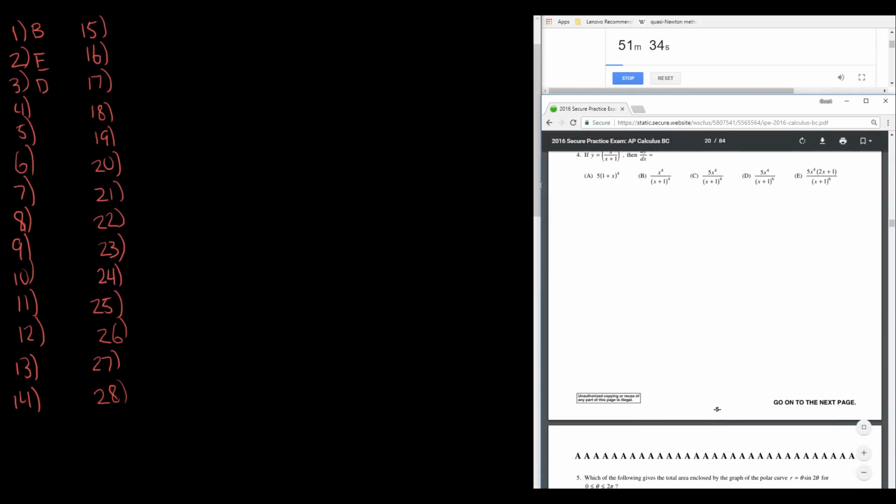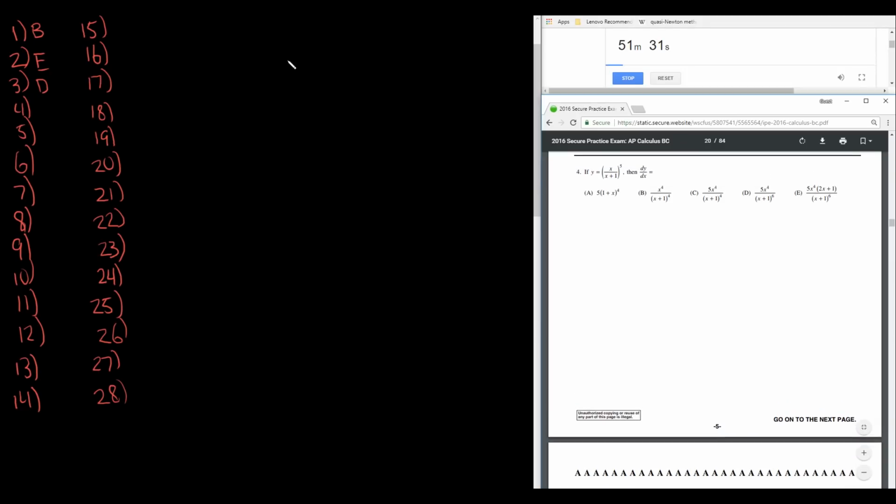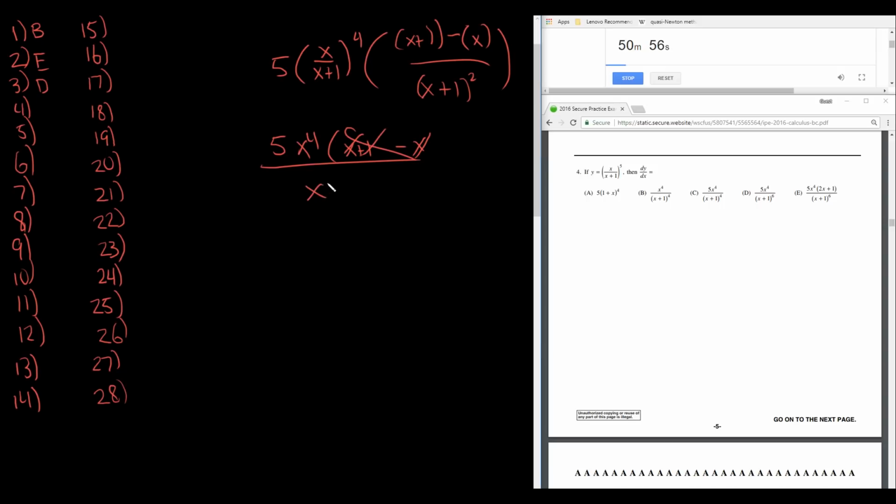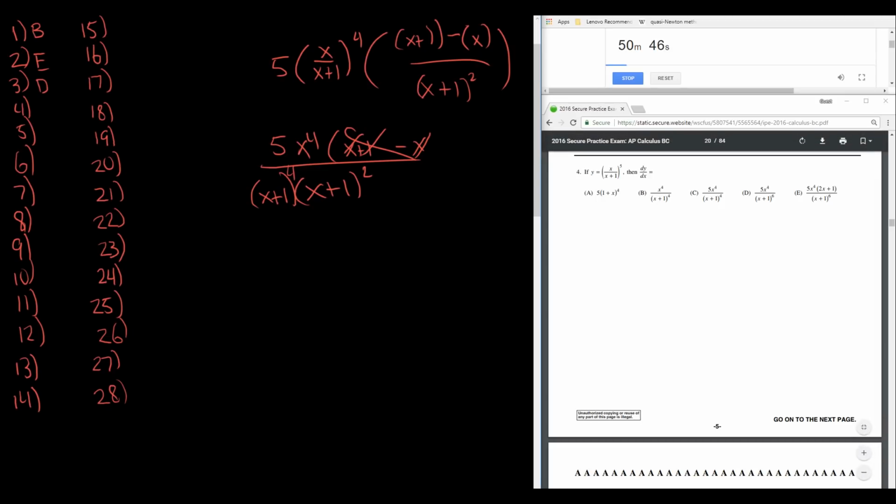Yes, okay. So here we have a chain rule problem, so we get that it's 5 times x divided by x plus 1 to the 4th times the derivative of the inside, which is a quotient rule, so we take the derivative of the top times the bottom minus the derivative of the bottom times the top, divided by bottom squared, and this is going to lead us to 5x to the 4th times x plus 1 minus x, so this entire term goes away because it's just a 1 divided by x plus 1 squared, and we also have the x plus 1 to the 4th over here, so this is x plus 1 to the 6th on the bottom, so we have 5x to the 4th,